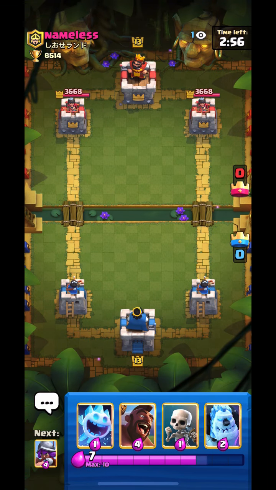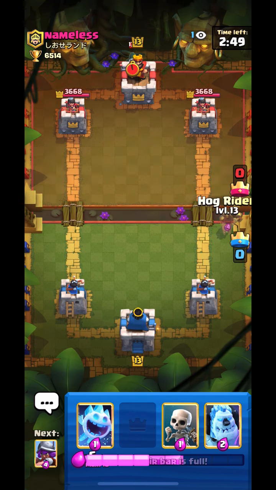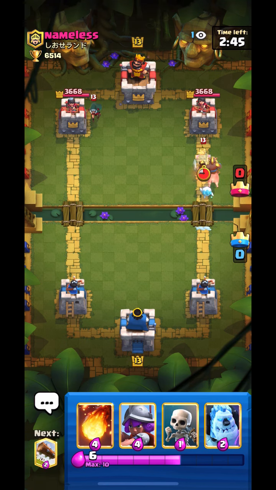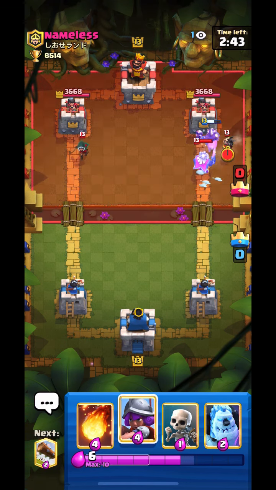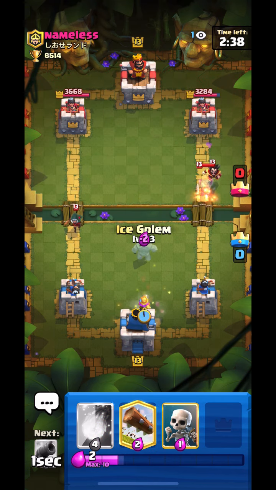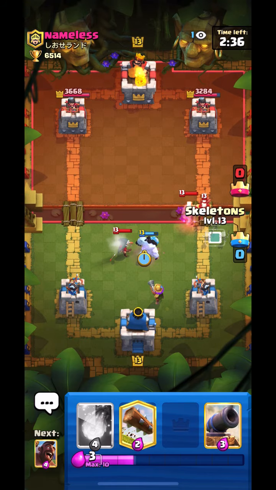Alright, so this guy was using P.E.K.K.A bridge spam. It's a good matchup, but you can still lose it if you make a mistake. So I go Hog, Ice Spirit. I go with Musketeer in the right lane. Yeah, I just Ice Golem the Bandit. And also the